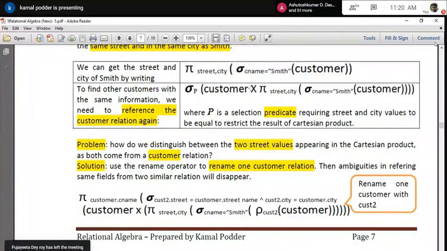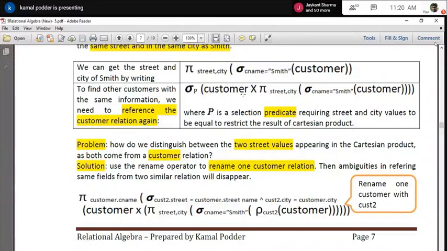As soon as I create the Cartesian product, I will get two street and two city columns, because one will come from this side and another is already available from here. So it is very difficult when I want to restrict that set, because I know that a plain Cartesian product will not provide any meaningful result.